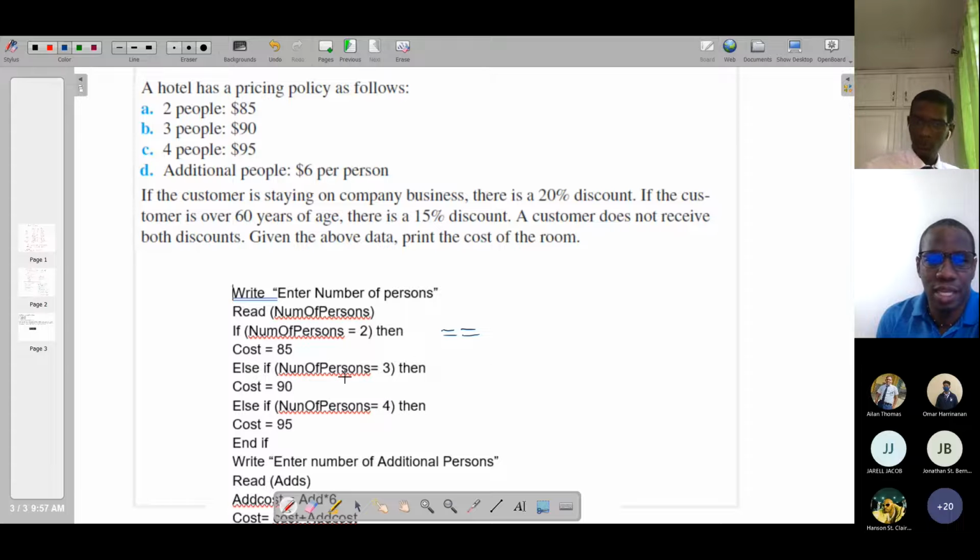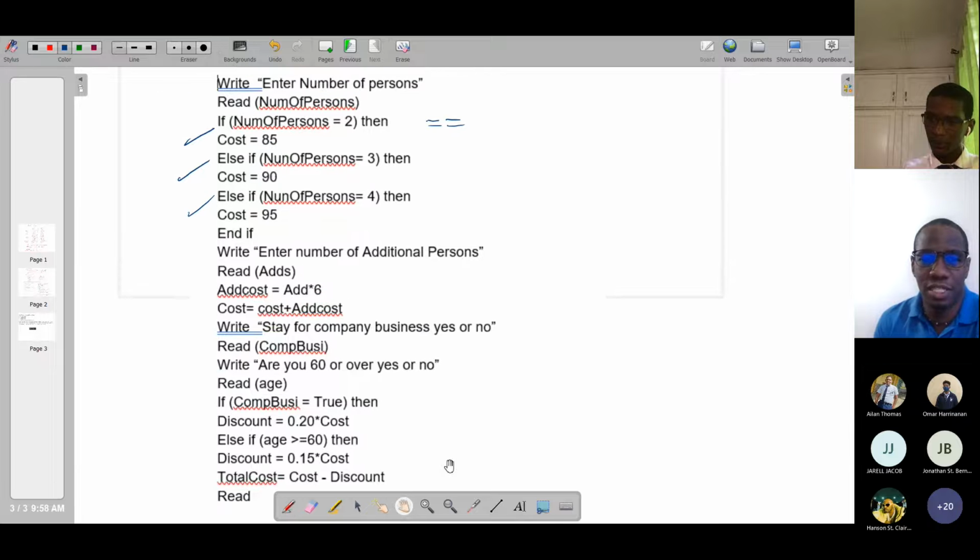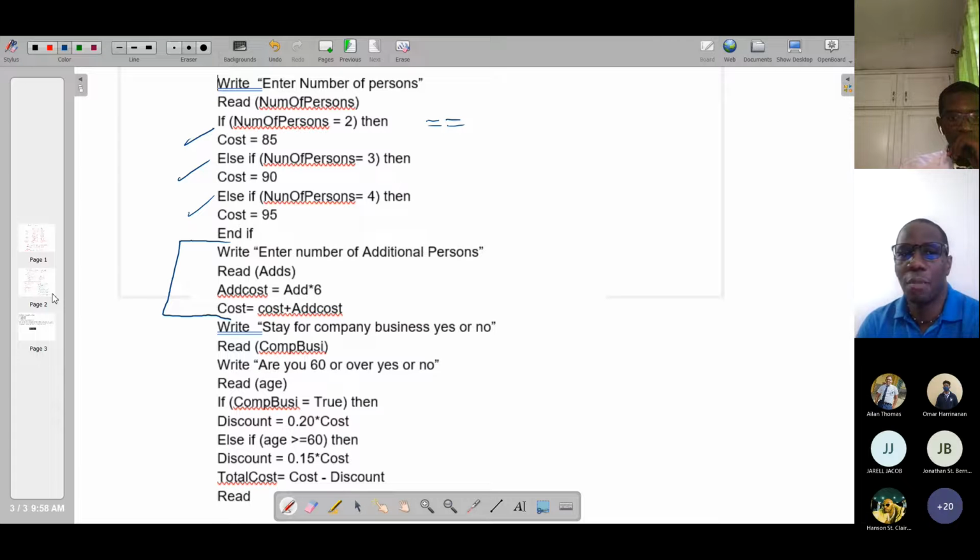So that's fine there. If number of persons is equal to 3, then the cost is 90. So far, so good. If number of persons is equal to 4, the cost is 95. Good. So we say enter a number of additional persons. So we read the additional persons and we say read adds, and add cost is equal to add multiplied by 6, and we add that to the cost. Okay, so I like what you did here in terms of the logic for the actual section, but